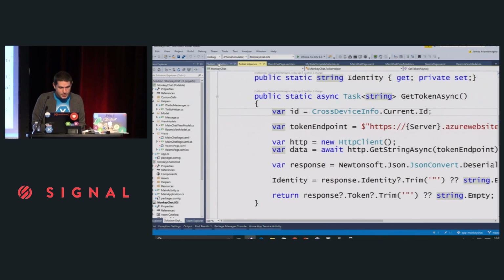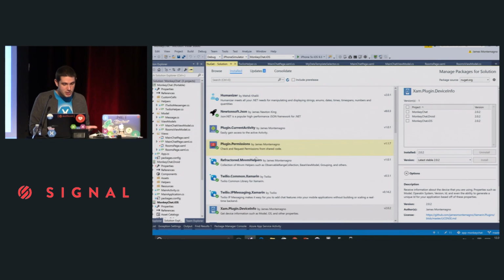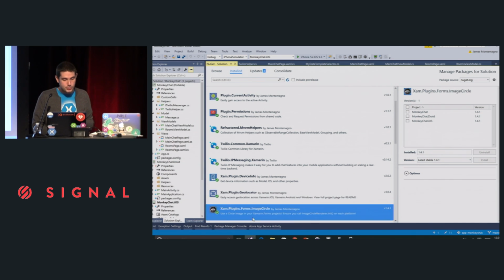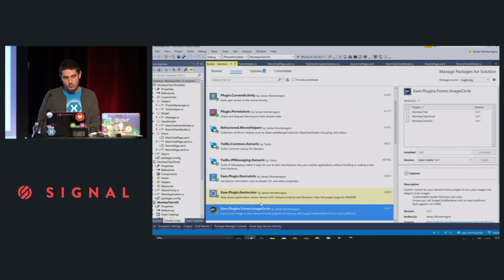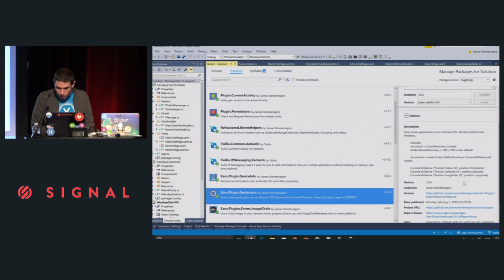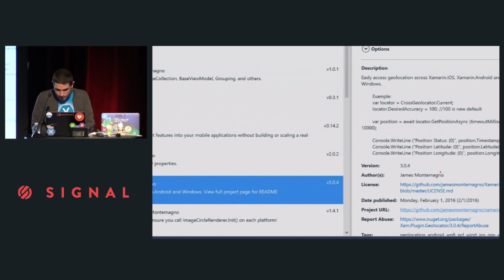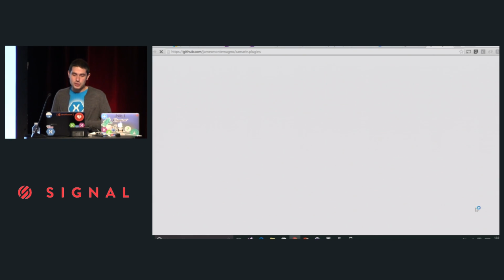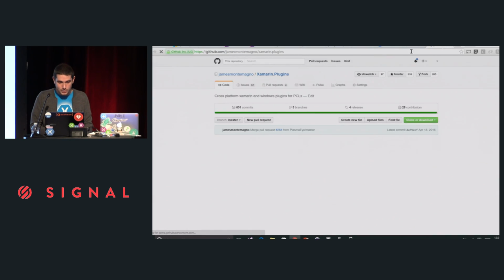Then what I did also is I installed the permissions plugin, and also down here the geolocator plugin, and those fancy circle images, a plugin. So here's the geolocator plugin. Let's go ahead and take a look here, and we can see that there's a project URL, and there's this guy here. He seems trustworthy, so we're obviously going to install his stuff. But let's check him out. Installing a NuGet is like the Wild West, so let's go ahead and install this.